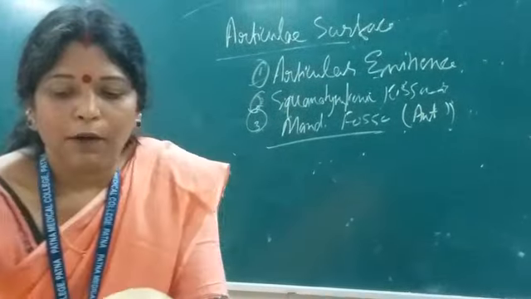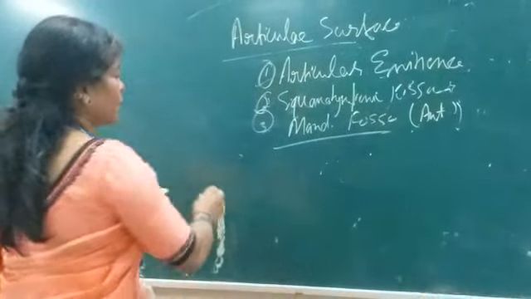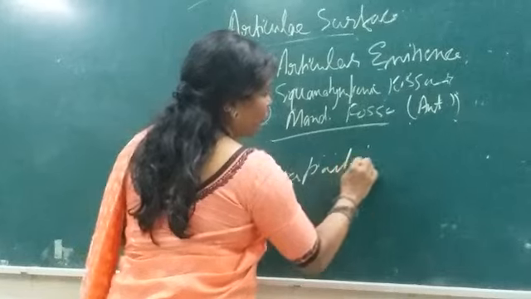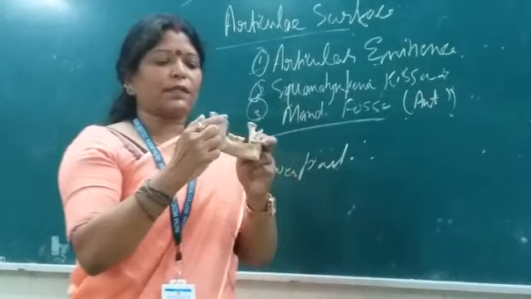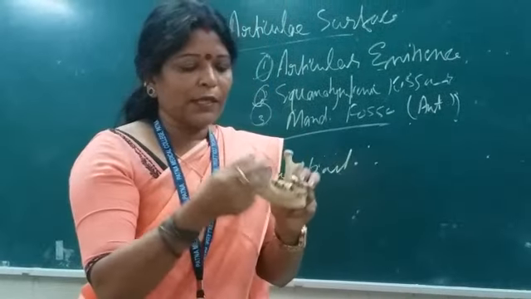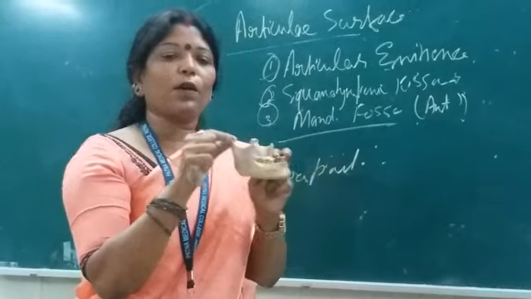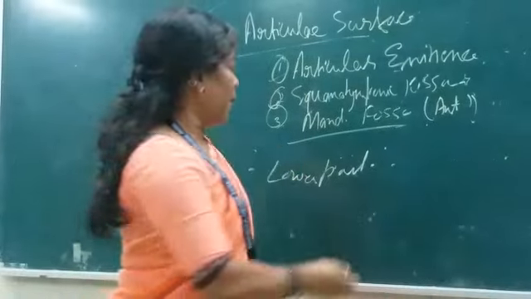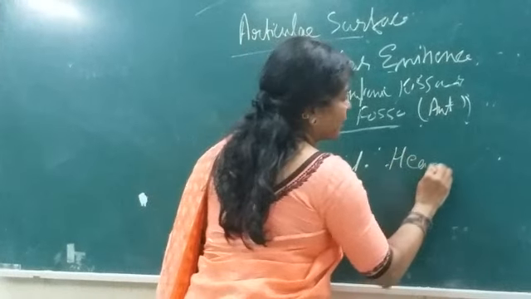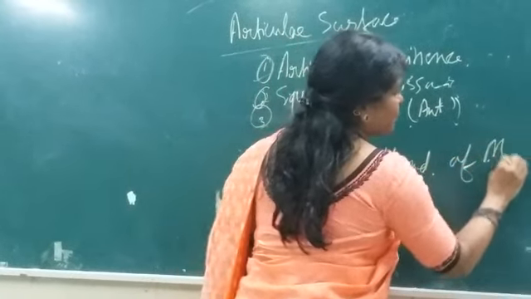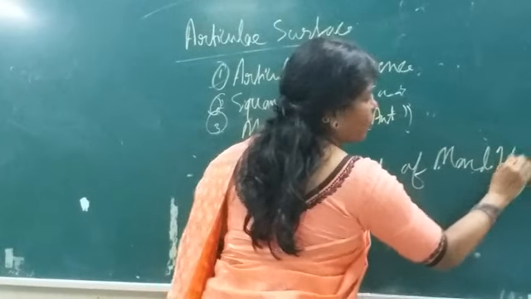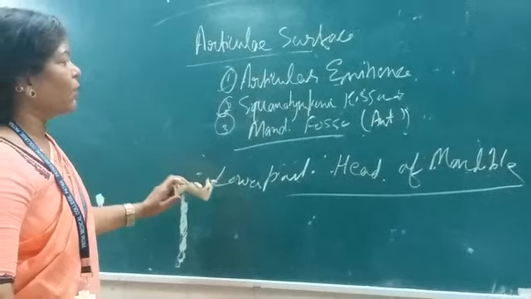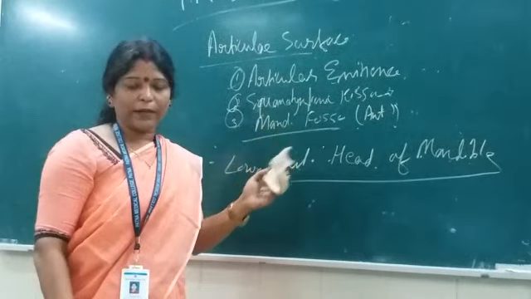The lower part of this joint is formed by the bony point contributed by the mandible. This is the coronoid process and this is the condylar process, also known as the head of the mandible. You better remember the head of the mandible. It forms the lower part of this joint. So altogether the upper part and the lower part form a temporomandibular joint like this.